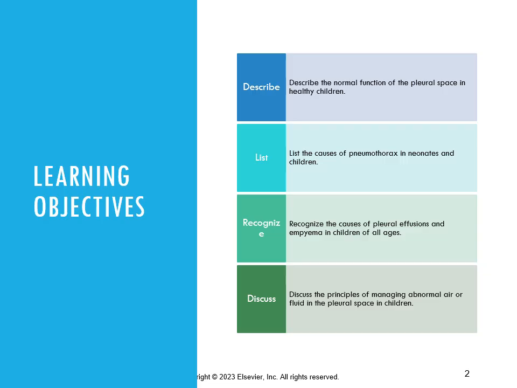Some of the things that you'll be able to do by the time you're done with this chapter or video is describe normal function of the pleural space in healthy kiddos, list the causes of pneumothorax in babies and in small children, recognize the causes of pleural effusions and empyema in children of all ages, as well as discuss how we manage abnormal air and fluid in the pleural space in